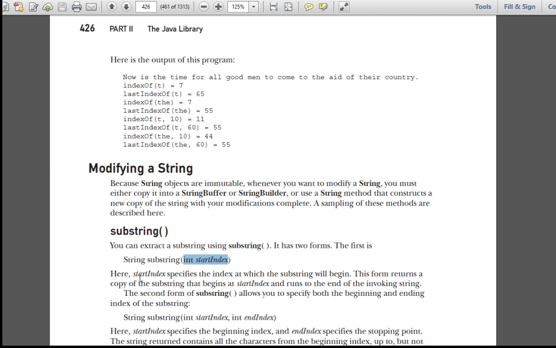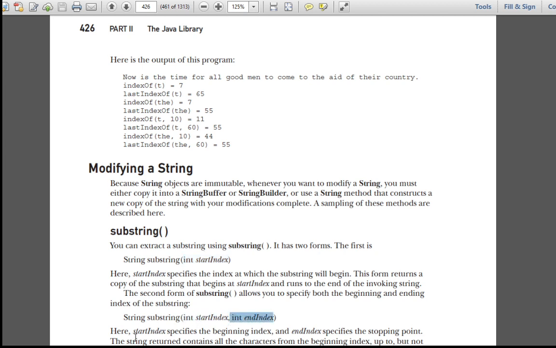Here the start index will specify the index at which the substring will begin. This form returns a copy of the substring that begins at the start index and runs to the end of the invoking string. The second form, you are specifying the starting and ending index.